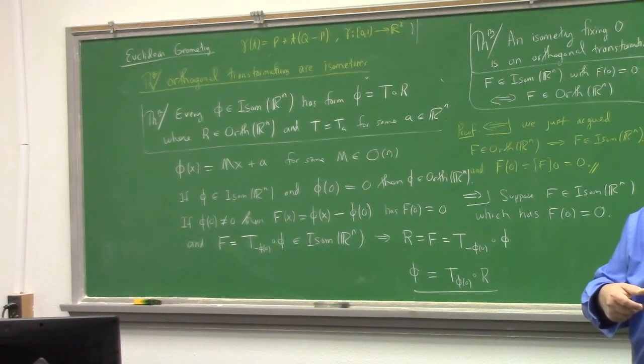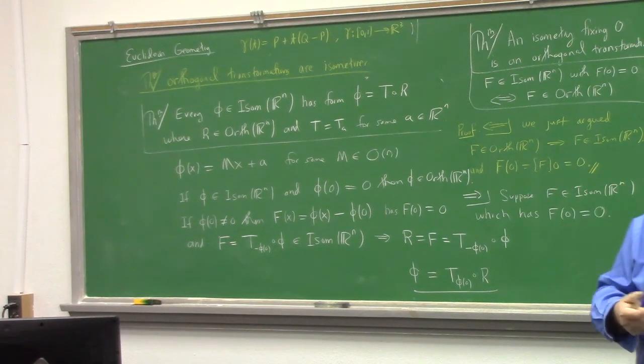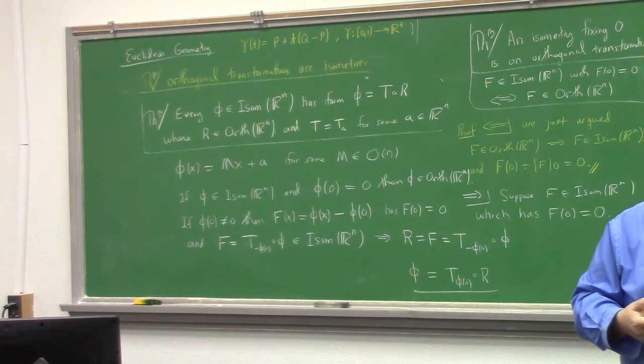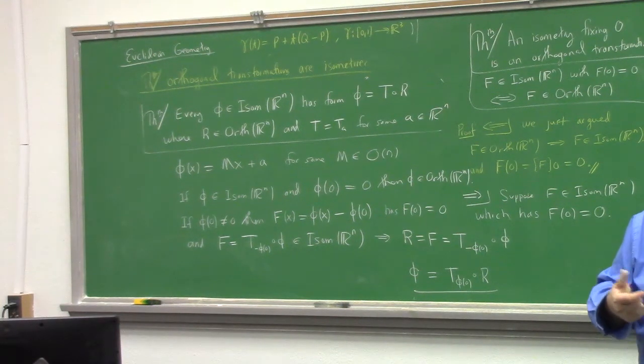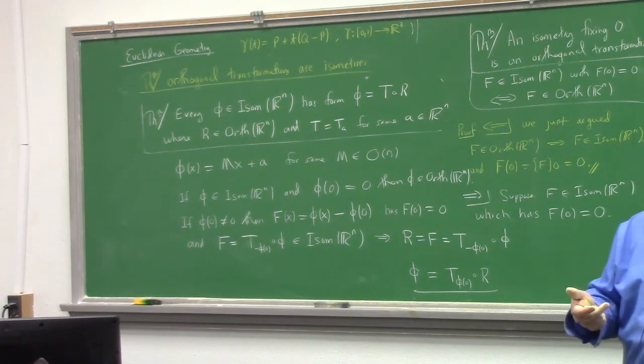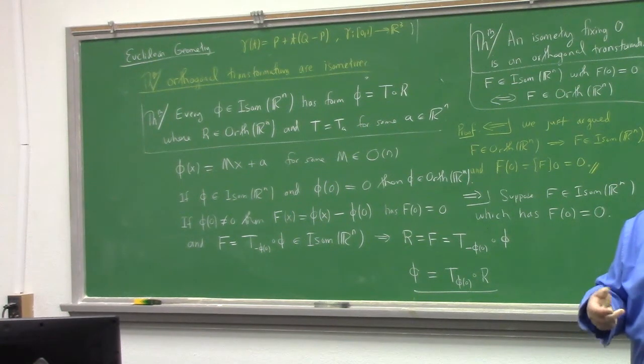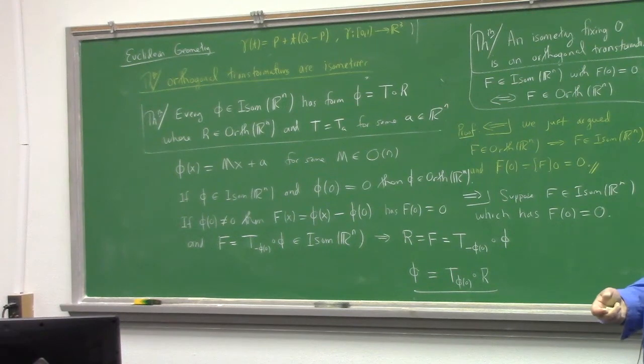We have an inverse. Translation has an inverse. Rotations have an inverse. I didn't prove that, but you can prove it. So every element has an inverse. The identity is the identity map. So that would mean it's a group. It is, in fact, a group. This is the group of isometries. The group of isometries, in some sense, describes the structure of Euclidean geometry. These isometries are also sometimes called rigid motions because they preserve the shape of objects. So the next thing we're going to do is look at how this group of isometries